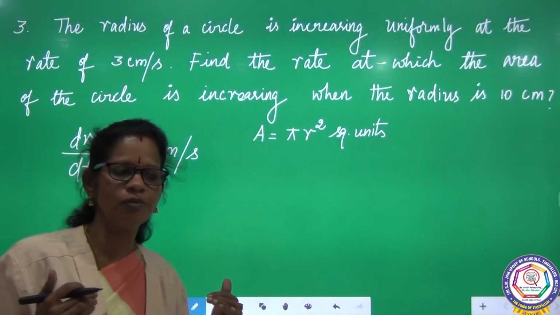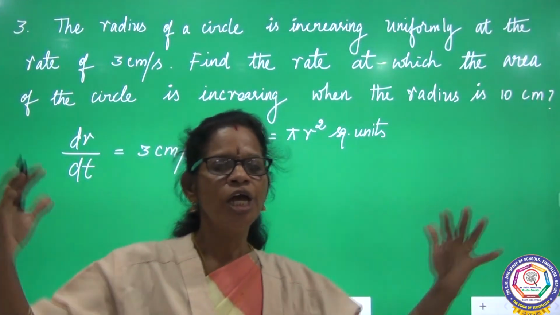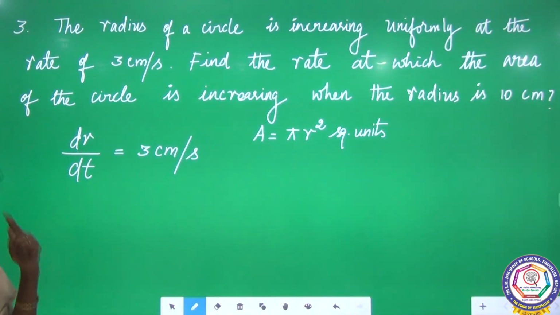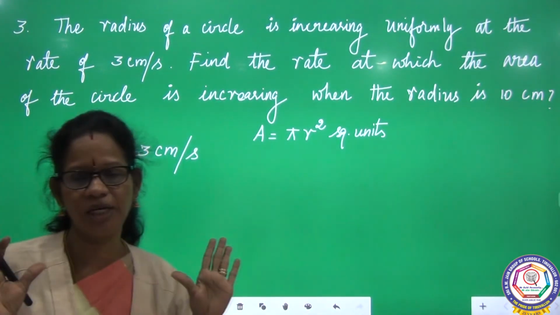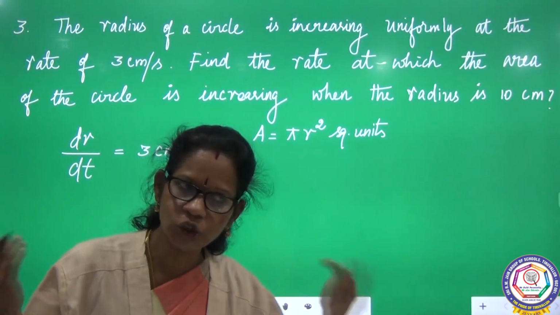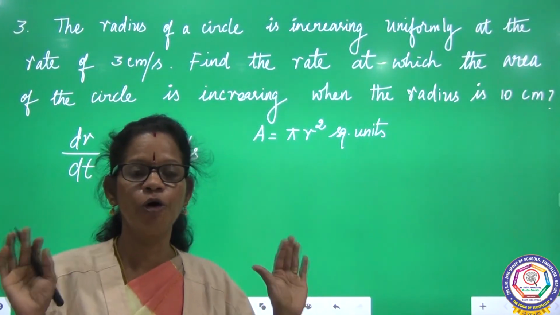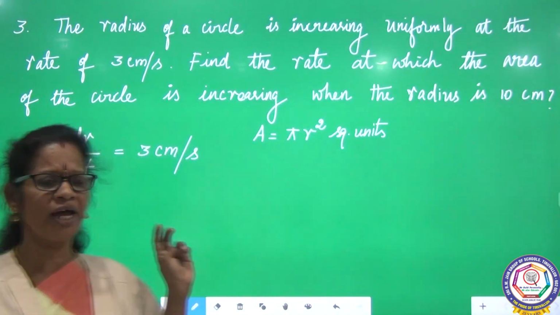What are the things we need to solve the sum? Everything you have to gather, right? Read the question twice, understand and then proceed, right? If you didn't understand, you should ask me. I will explain as many times as needed. I don't bother to repeat the sum, right?